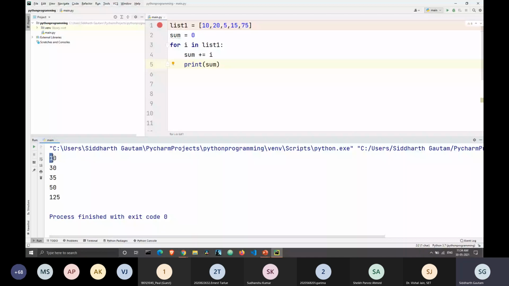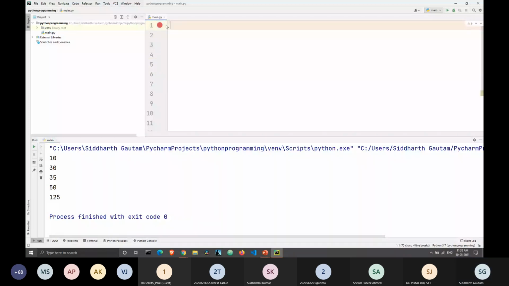All right, so now let's move on to some while loop questions. So we have while, let's say, what condition should we take here? Let's take the condition which was given in our example.